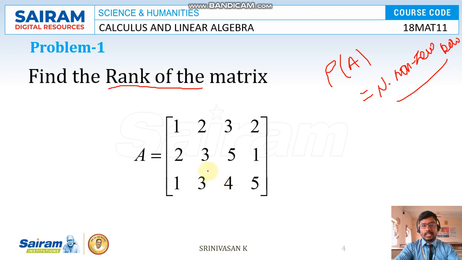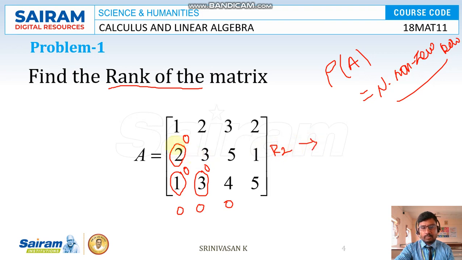So the aim is very, very simple. We have to make the second row's first element 0 and the third row's first two elements 0. If you have a fourth row, we have to make its first three elements 0. You can use any procedure. So here I want to make 0 in R2.